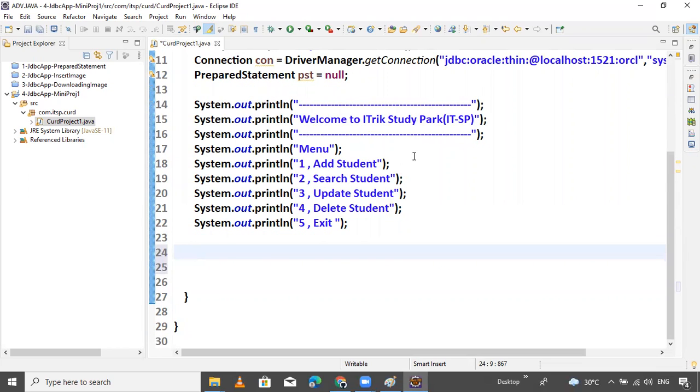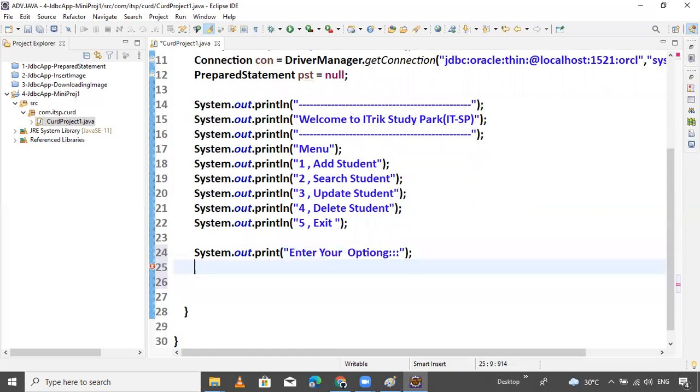Now I'm asking the user, printing one message to the user: Hey user, choose your option. Enter your option. That's it. The user enters one option.